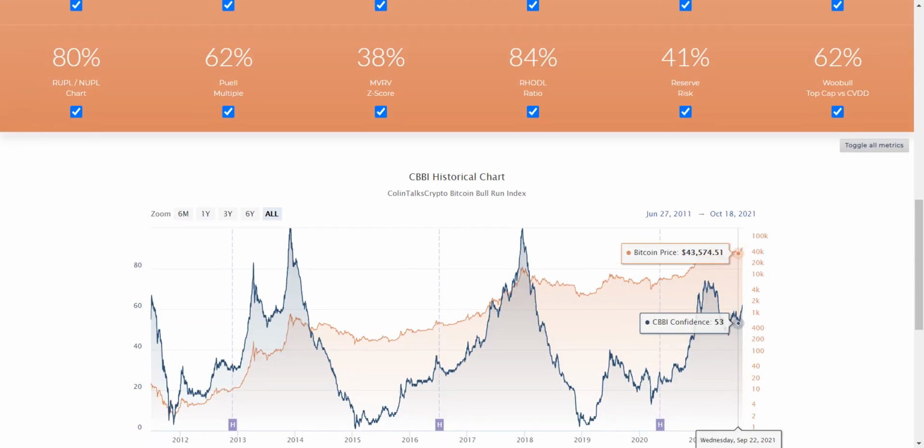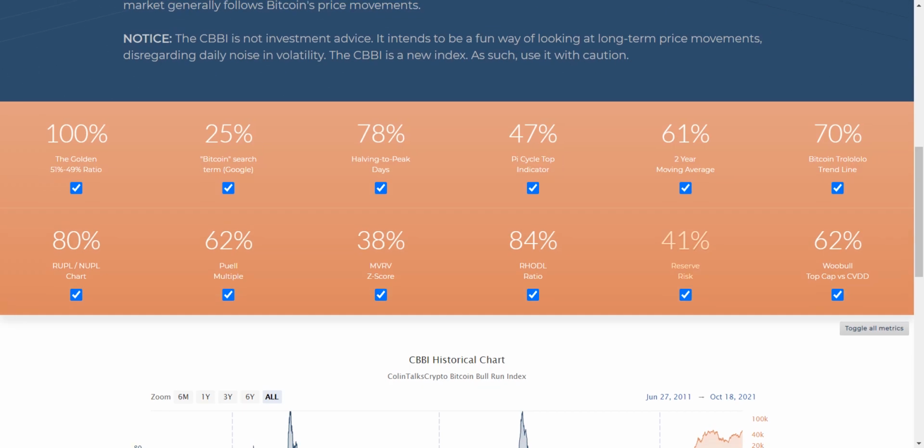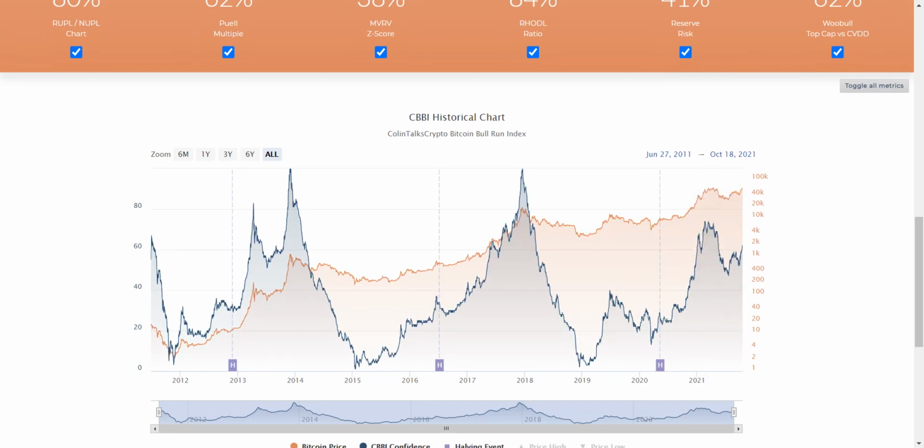And so when that nears 100, as I said, we're currently at 62. That's probably an indicator that we'll be nearing the top there. If you look at previous cycles, as I said, we're at 62 right now, and you look at the date on previous cycles, in October 2017 we were at 69, and in October 2013 we were at 60. We're currently at 62, so it seems to be tracking quite nicely. It seems to be playing out. So as that nears 100, you'll probably be taking profits on Bitcoin as well.